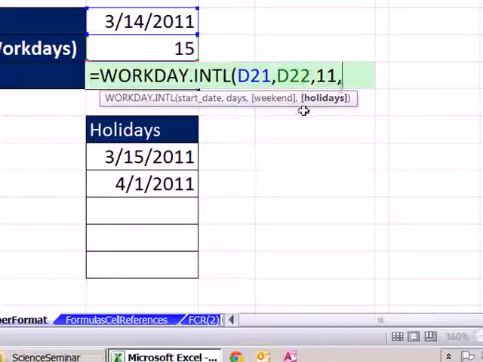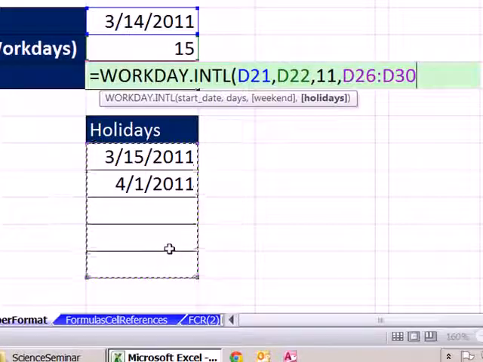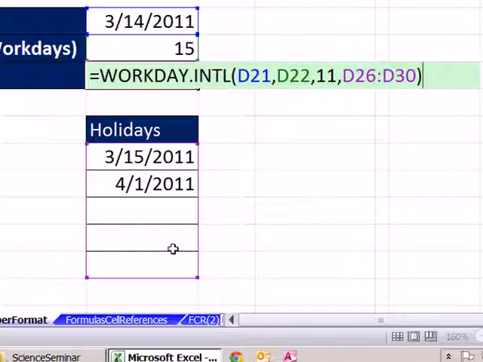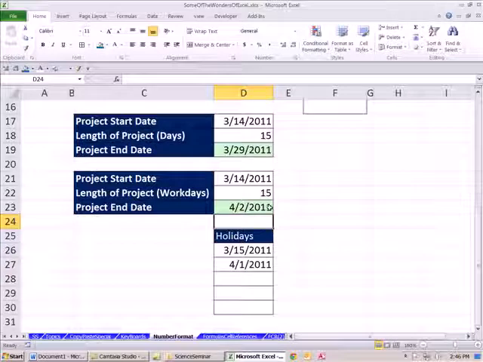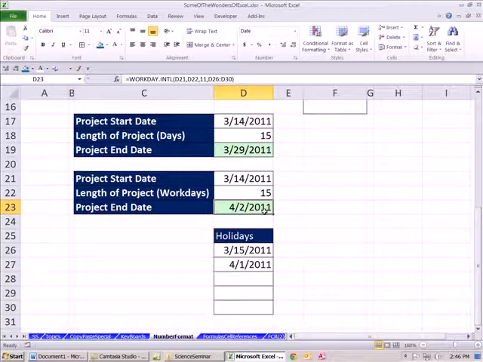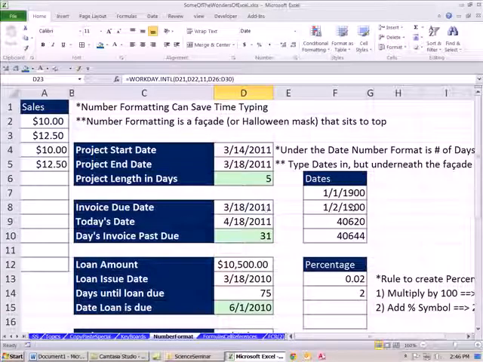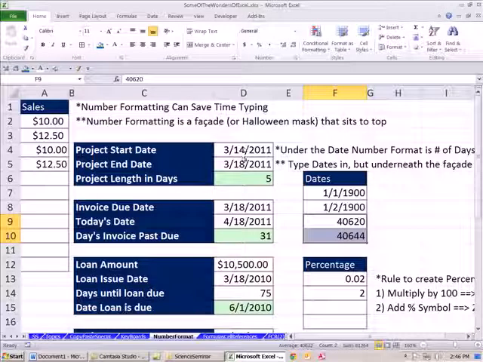Now, if you don't put your holidays in, it's fine, but we'll just assume there's some holidays here. And no way. It will give us 4/2 instead of 4/29, right? Because there are some Sundays between this date and this. And there are 2 holidays also. Totally amazing. So all that is predicated on the idea that you know that dates, when you type them into